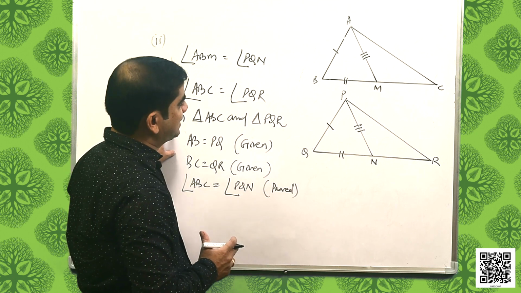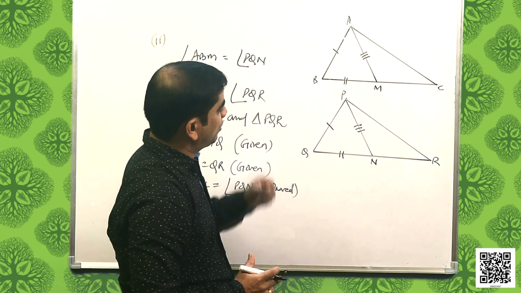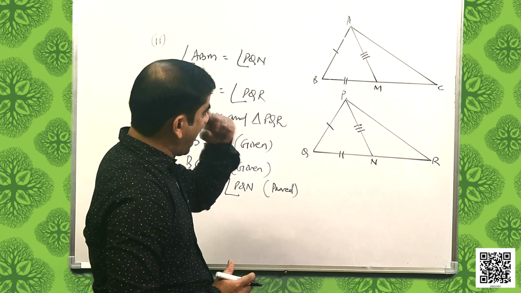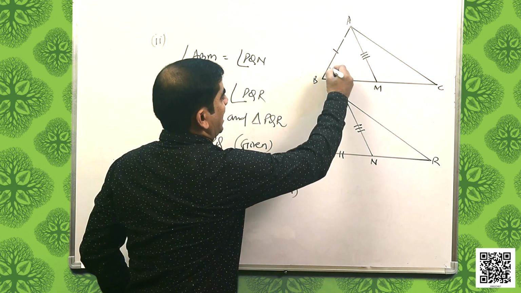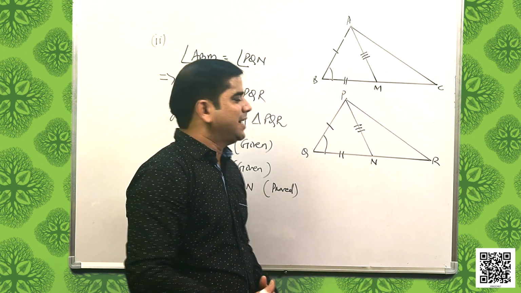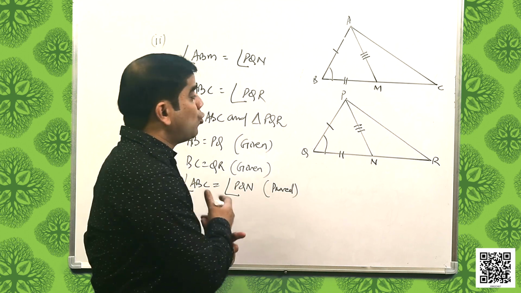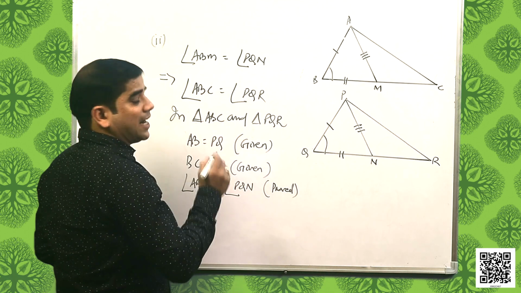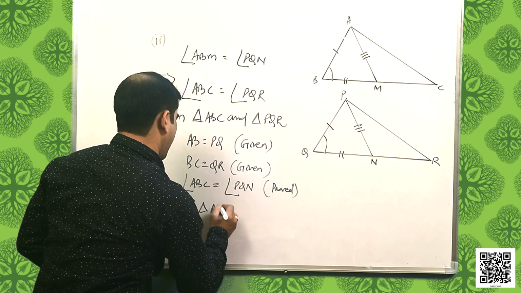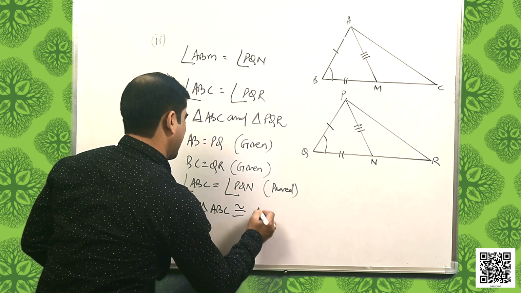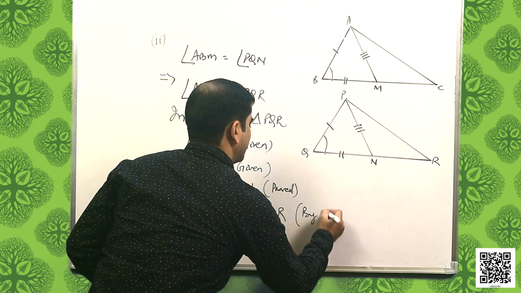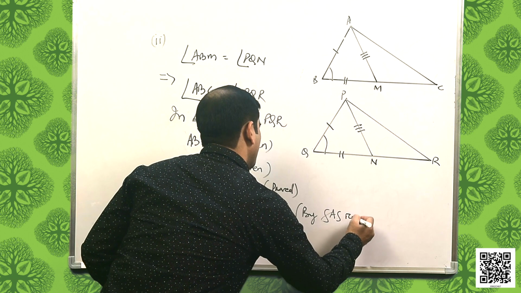So we have two sides AB and BC which are equal to PQ and QR respectively, and the included angle, that is angle ABC, is equal to angle PQR. That means they satisfy the rule of congruency, side, angle and side. So that's why triangle ABC is congruent to triangle PQR by SAS rule of